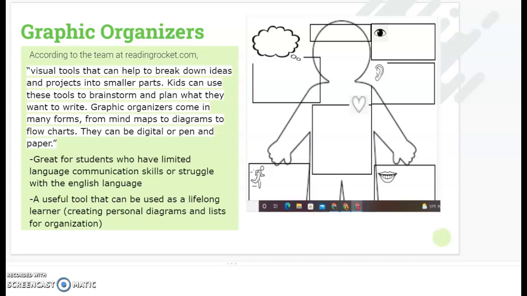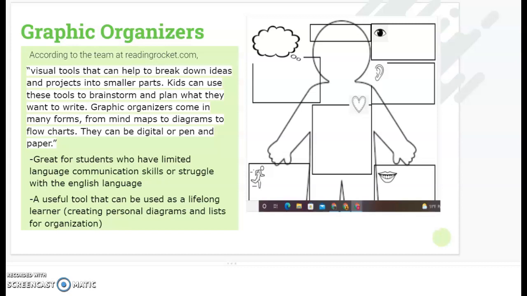So graphic organizers come in many forms, from mind maps to diagrams to flowcharts. They can be digital or pen and paper. So depending upon the student's needs, I can do both pen and paper or digital with this format. It's great for students who have limited language communication skills or struggle with the English language in general, like ESL learners. It's also a useful tool that can be used as a lifelong learner,